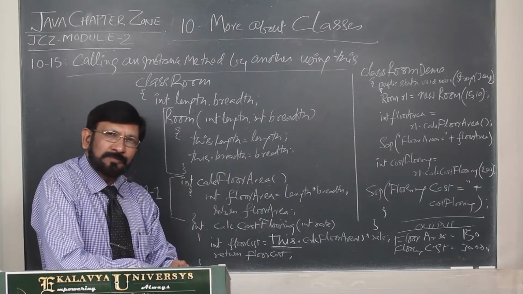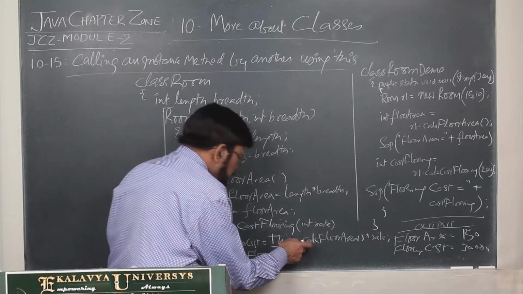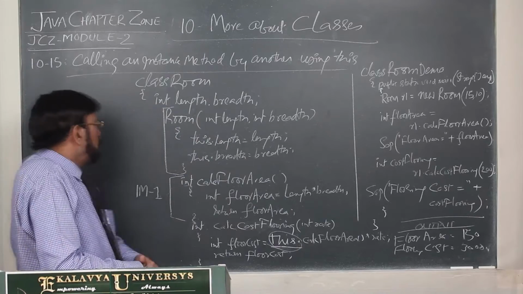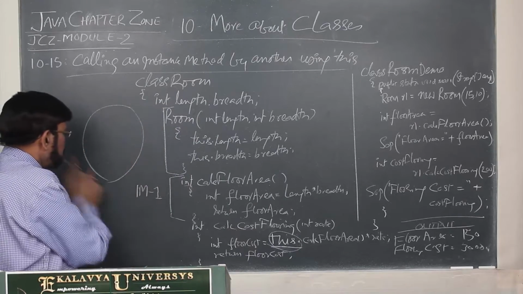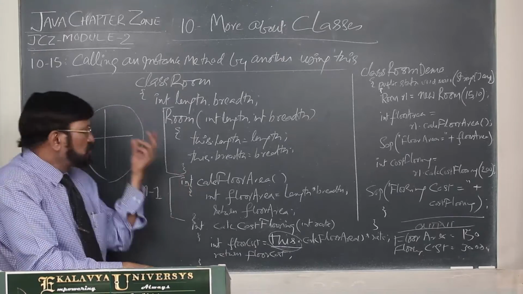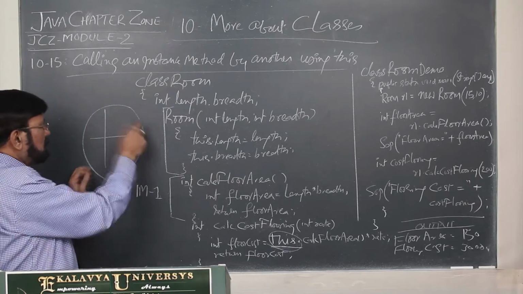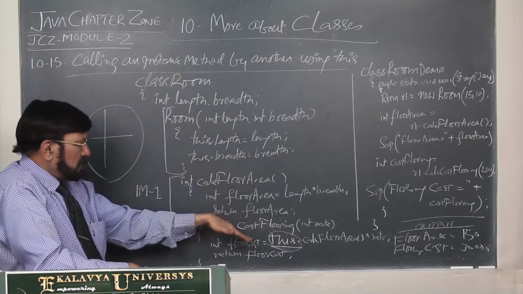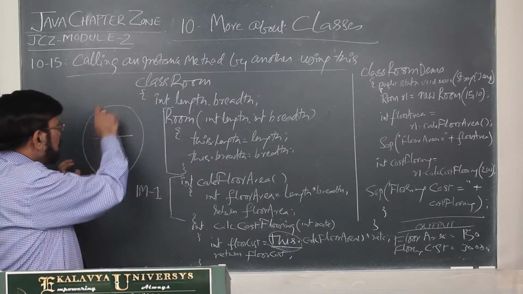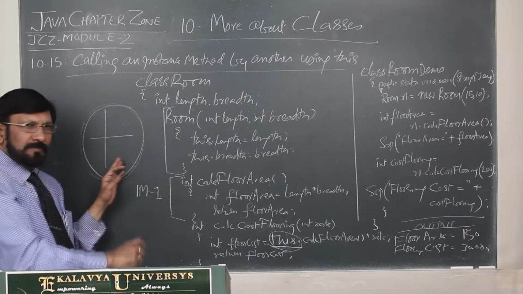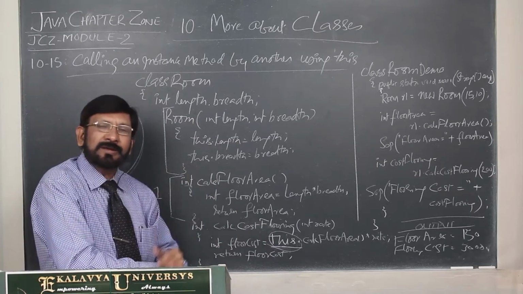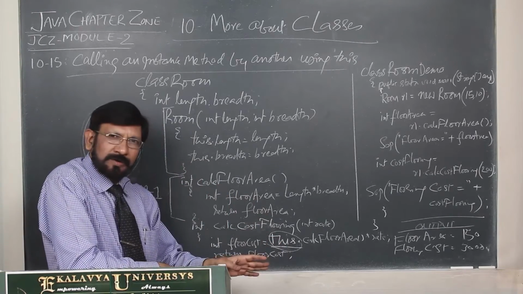Actually, this is a formal approach. If you don't use this also, no error will come. Why will no error come? Once we define a class, all the elements in the class are mutually accessible. That means instance variables are accessible to other elements, and methods are accessible to other methods. This is like one family. So every method can access the other method. For that purpose, special code is not required.